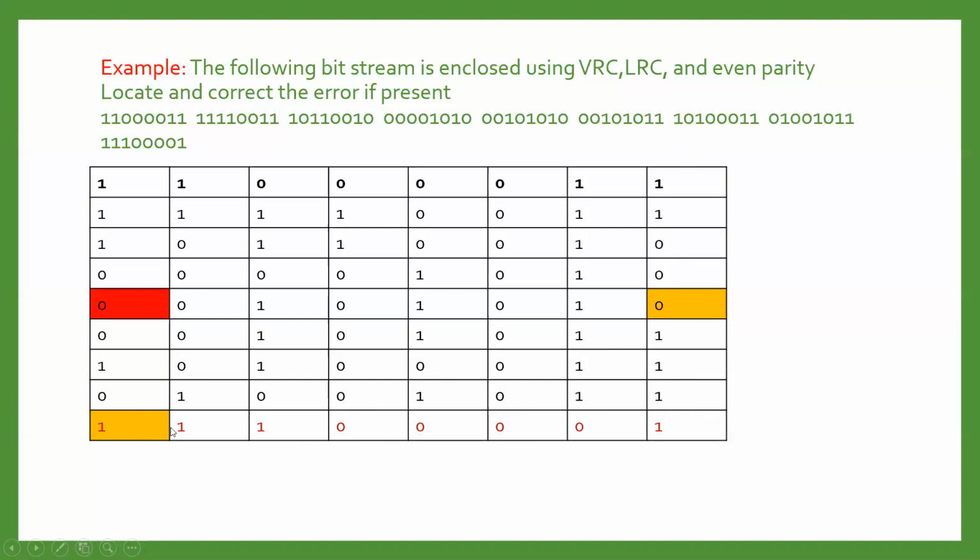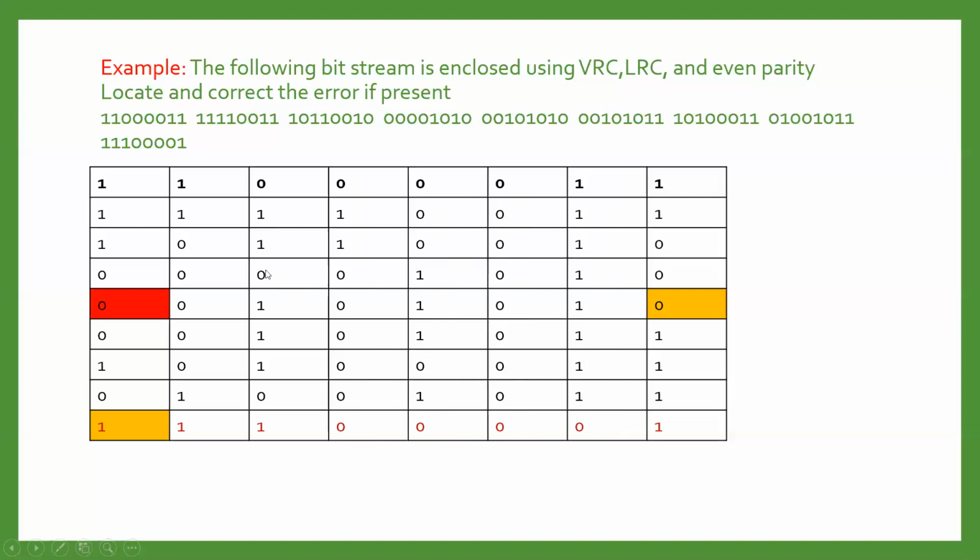Now let us calculate the LRC. How to calculate LRC? We have to calculate the parity bit column wise. Okay. Now start with this. The last column is about VRC, right? So just go through this. 1, 2, 3, 4, 5, 6, 7, and 8. Even number of ones, so we will add 0. In this column, all are 0, so we are going to write 0. In this column, 1, 2, 3, and 4. That is even number, so we are going to add 0 as a parity bit. Now in this column, 1, 2, even number of ones, so we will add 0.